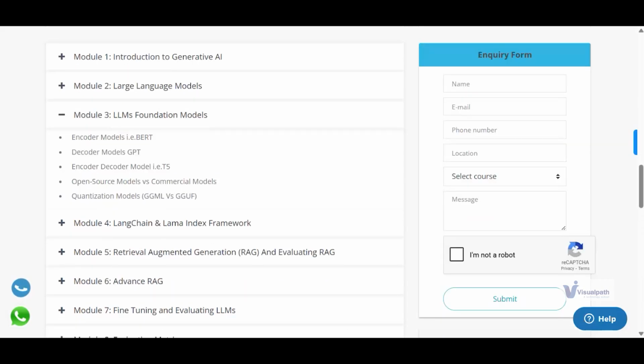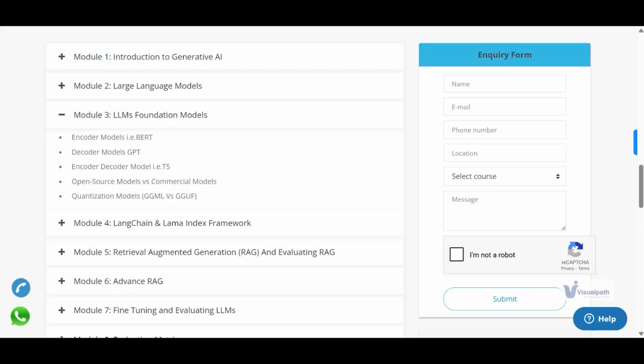Those will be understood, where conceptually we will understand what this LLM model is made up of, and how this transformer architecture is a state of the art architecture, which is helping us do all this laborious work very easily. So we will be able to understand those things properly in the theoretical part.